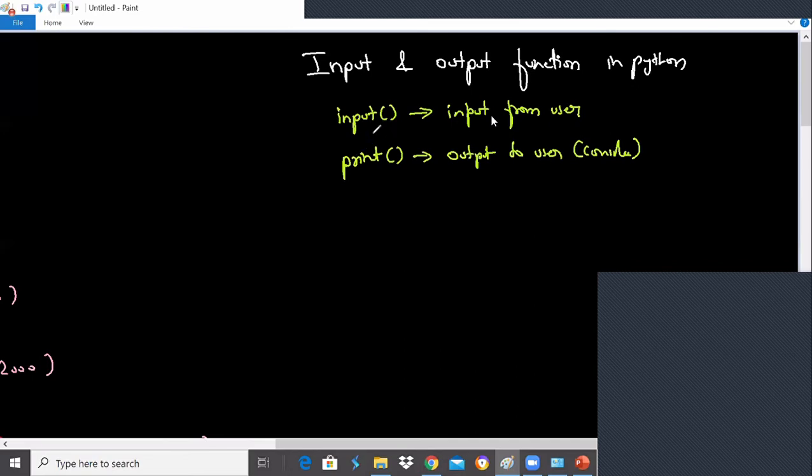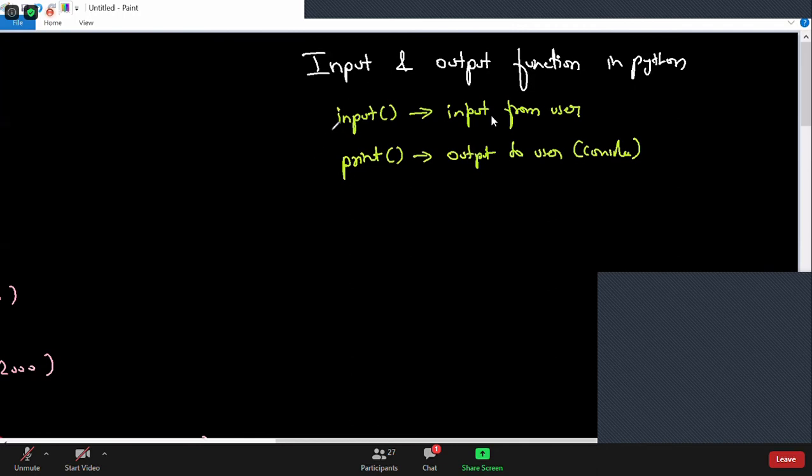Every programming language struggles with taking input and output. Believe me, Python input and output is very flexible and very easy. And one more thing: they are from the built-in module. Modules are like packages in Python which contain functions, like your header files in C language: stdio.h, conio.h, math.h. These are called modules.